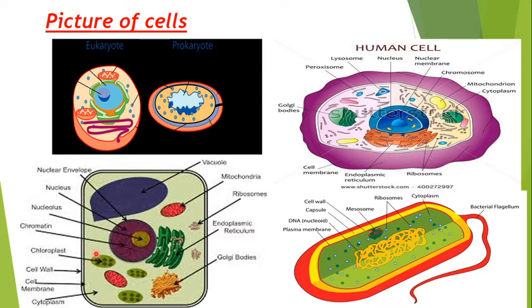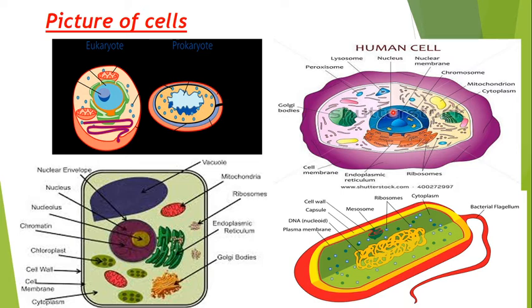And in plant cells, you see this part, this is the cell wall. This is called a cell wall. It is outer to the cell membrane, but it is absent in the animal cell. You don't find any cell wall in the animal cell. That is the one difference between the animal cell and the plant cell. So the plant cell has a cell wall, but the animal cell wall is absent.